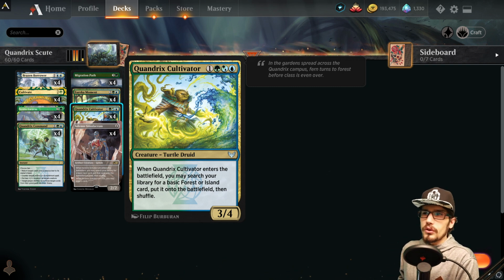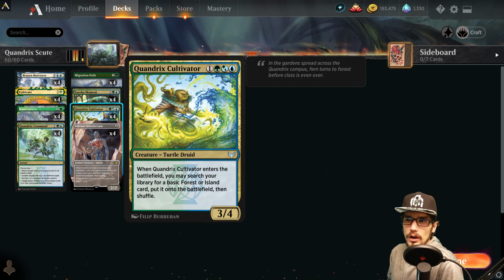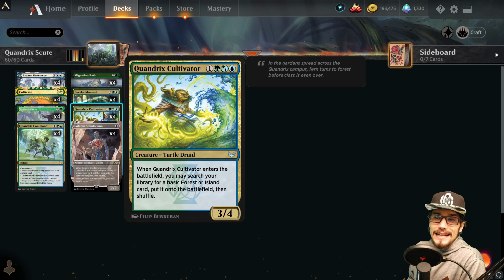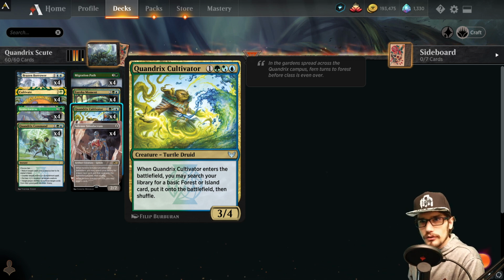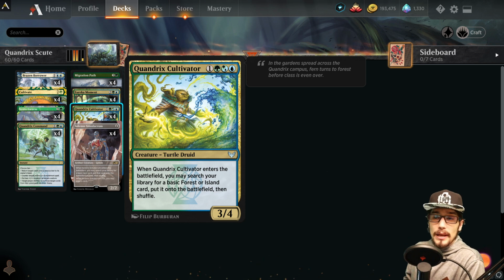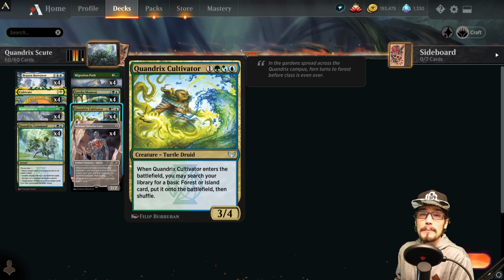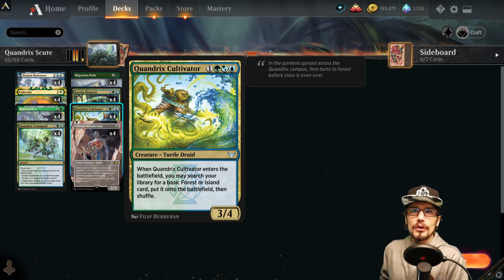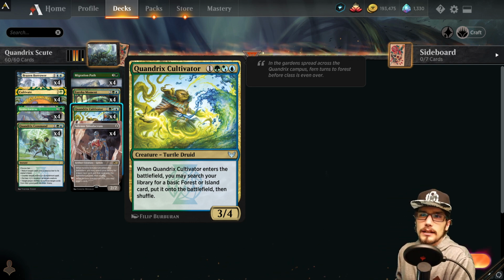The Quandrix Cultivator for 4 mana, a 3/4, and when it enters the battlefield, search your library for a basic forest or island, put it into the battlefield, and then shuffle. It doesn't come in tapped, which is good to know, because if you're not casting it on turn 4, because we don't have any 1-drops, but maybe you're casting it on turn 5, or you ramped on turn 3,